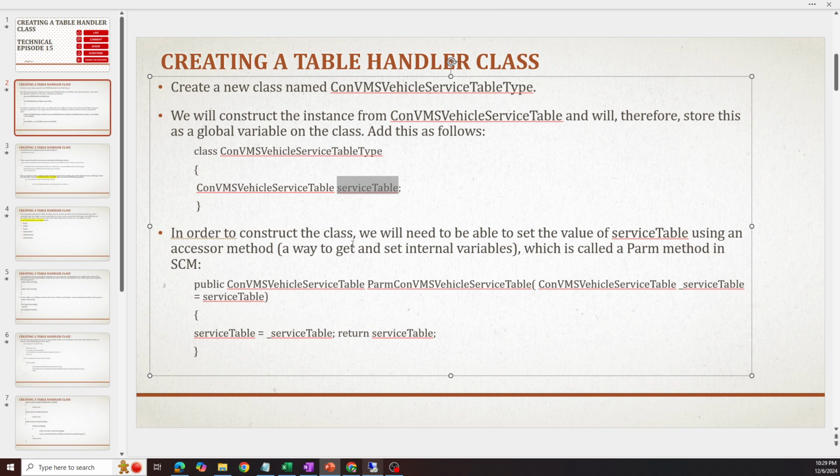In order to construct the class, we will need to be able to set the value of the service table using an accessor method. So what we are going to do is use this particular method. In order to construct the class, we will need to be able to get and set the value of the service table using an accessor method, a way to get and set internal variables, which is called the parm method in supply chain management. You might have gone through the get set property in your OOPS concept. Similarly, we also define the get set method over here. So for the get set method we will define it like this: